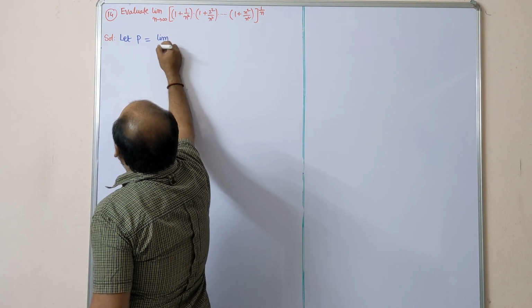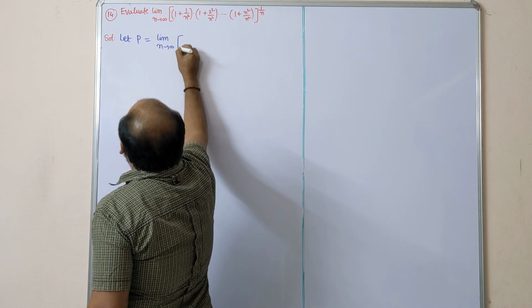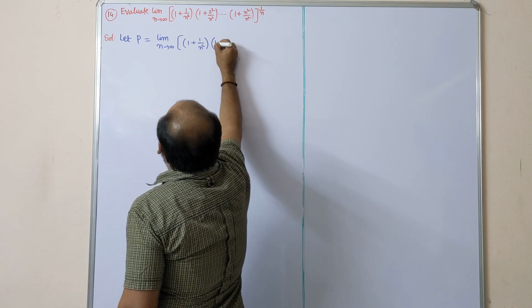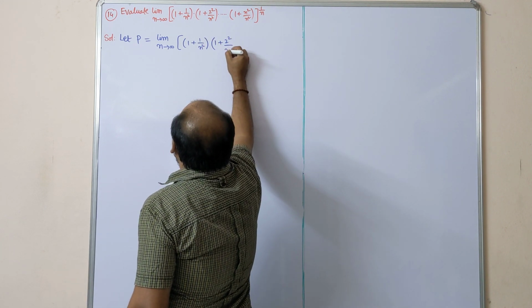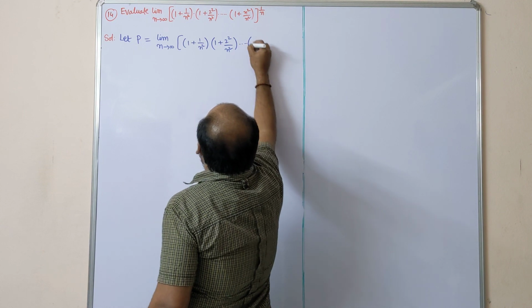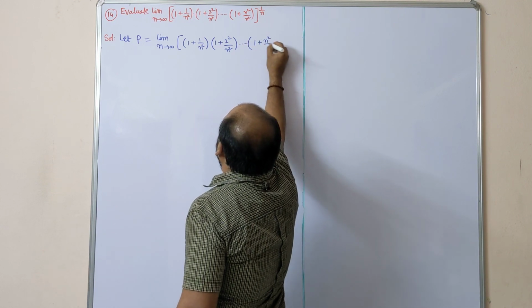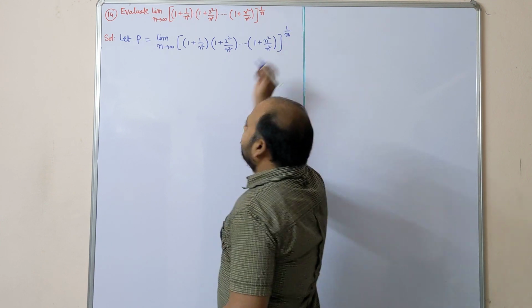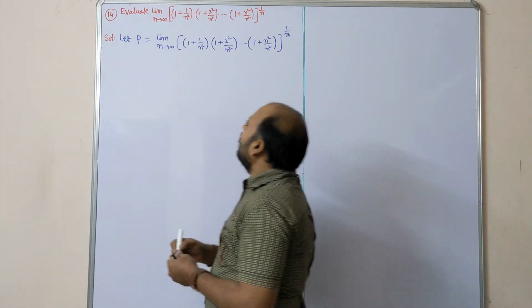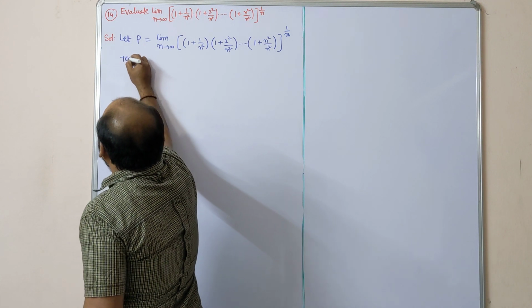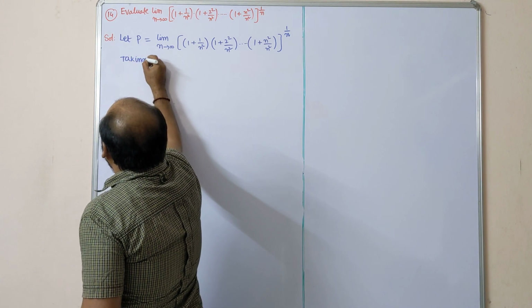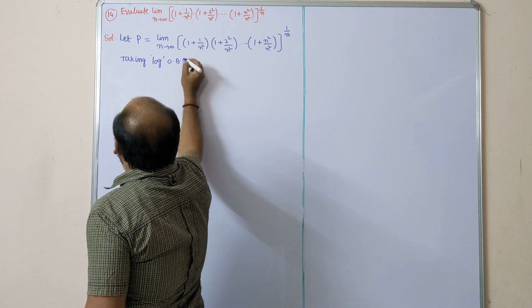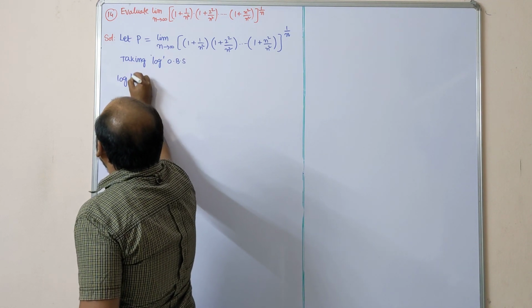limit n tends to infinity of (1 plus 1 by n square) into (1 plus 2 square by n square) into and so on (1 plus n square by n square) whole power 1 by n. Taking log on both sides. So it will become log p,